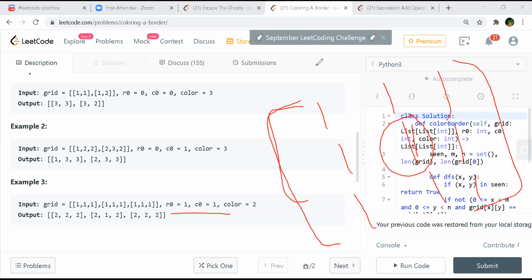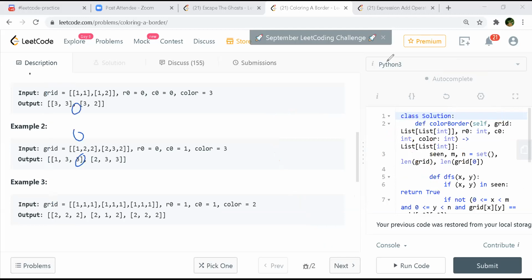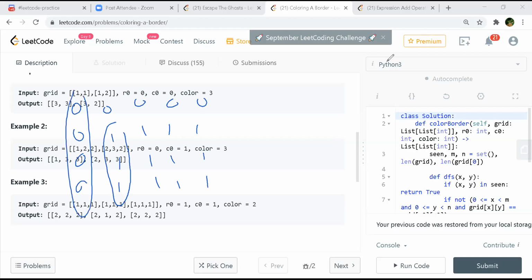Yeah, if it would be in something like a bigger one, something like this. So we had zeros, and then we had 0 0 0, and then we had this 1 1 1 1, 0, and then 1 1 1 1 1 1 1 1, and then something like this. So this is the border in this case, right? But if we just always consider the border of the grid, then this would be the border of the grid. Oh, so they want to color only the border of the 1, 1 array, yeah.